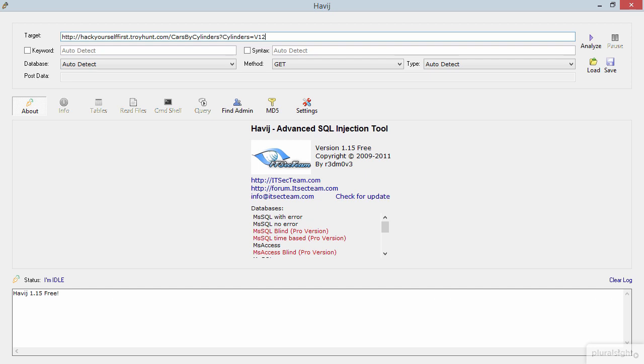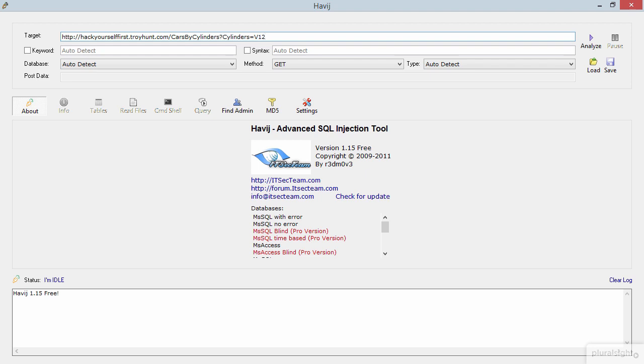But I wanted to include Havij in this course anyway, because it appears very, very frequently as a means of SQL injection. Now, one of the reasons it's so popular is that it is GUI based. It's extremely simple to use. In fact, it's so simple that you'll often see it being the tool of choice for hackers that really do not have any idea about SQL injection. In fact, if you go and have a look at some of the YouTube tutorials, you'll work out pretty quickly that it's very popular with kids. Rightly or wrongly, it is a very common tool, and I want to give you a quick overview of how